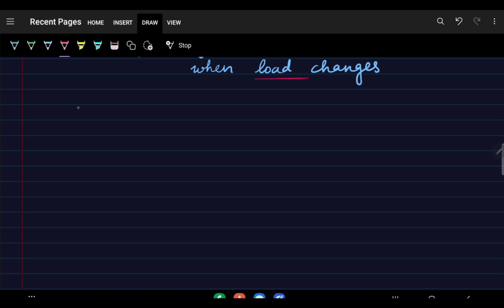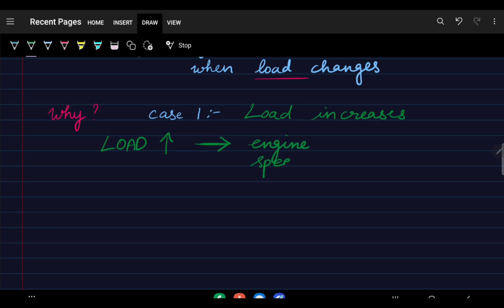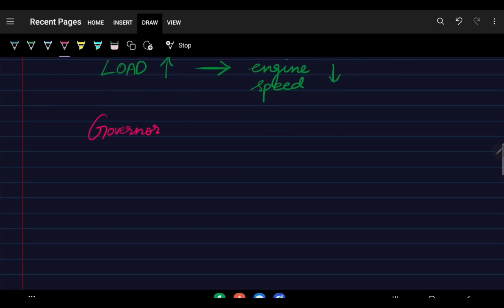And why do we need a governor? So there are two cases that we need to know. Case one is whenever the load increases, what happens is the engine speed decreases, and the governor increases the fuel supply in order to compensate this engine speed. So engine speed returns to normal, and